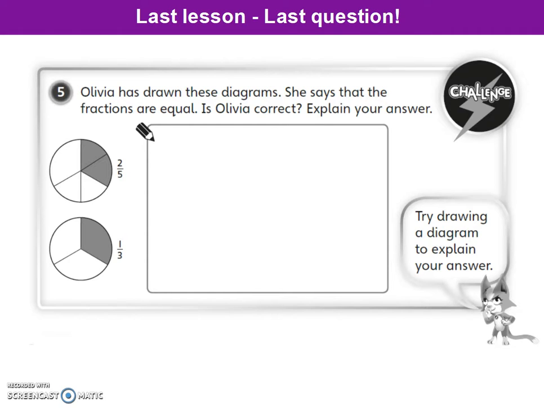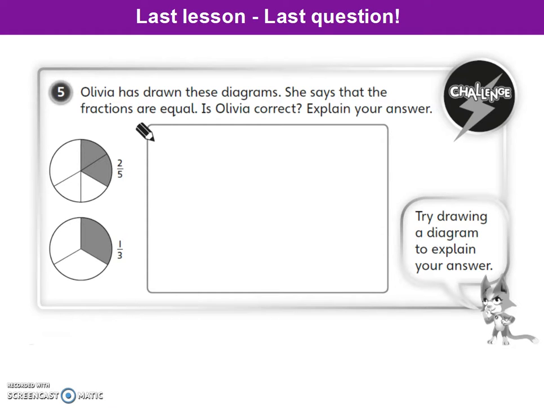Now, to take our first idea of, has she created 5 equal parts and 3 equal parts? Well, if we look at that circle, we can spot that one of those sections on the 2/5 diagram is far bigger than all the others. So this cannot be a fraction. It must be a different amount. So looking at it, my mental maths would say that that final one, which is far bigger, could actually probably be chopped into 2 separate parts to actually give us 6. Looking at the bottom circle, they look roughly the right amount,